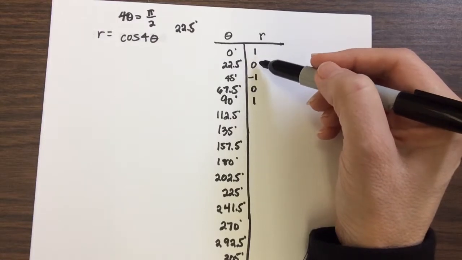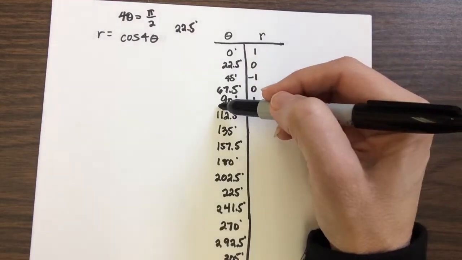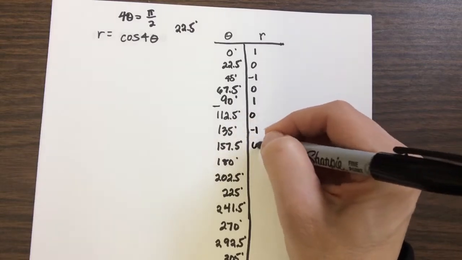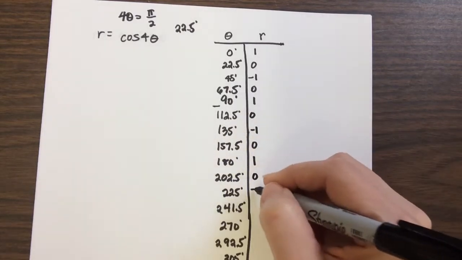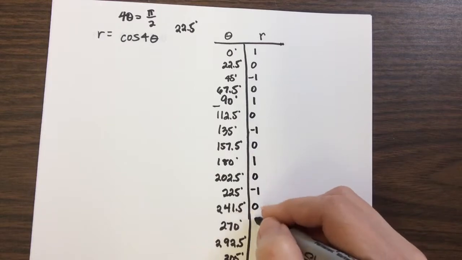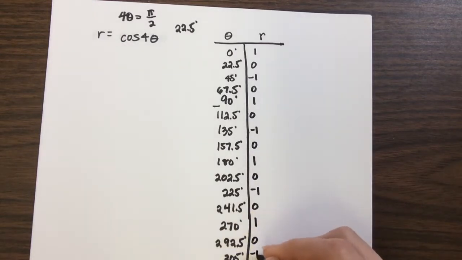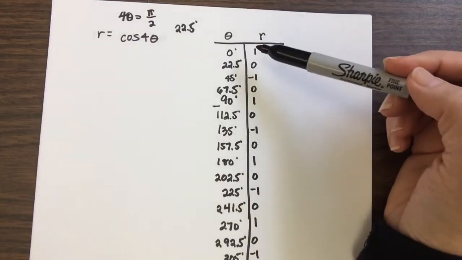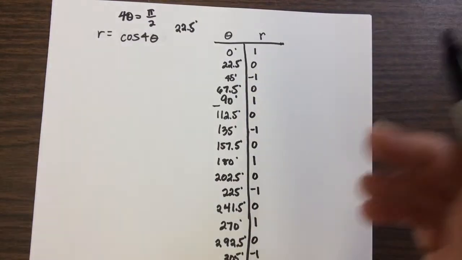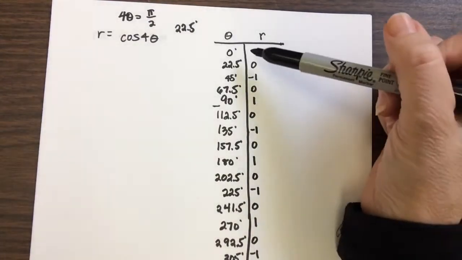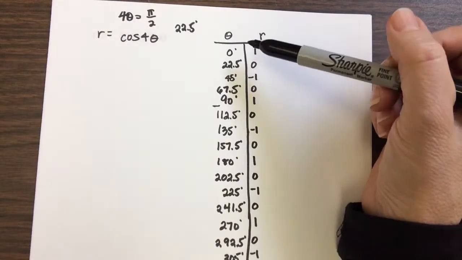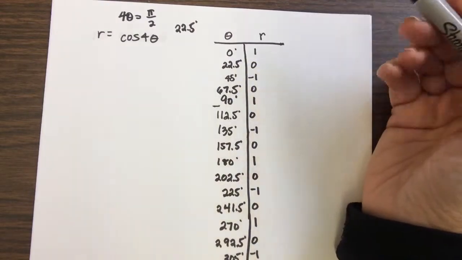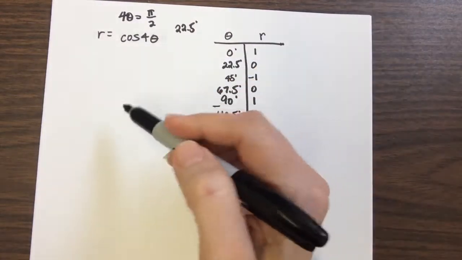We already know that this is going to repeat, right? This is repeating 4 times. So this is just 1, 0, negative 1, 0, back to 1, 0, back to 1, 0, negative 1, 0, and back to 1. Alright, so here is what I'm looking at. If I put this on a rectangular coordinate, I mean on a polar, I keep saying rectangular, I mean polar. When I put this on a polar graph, I'm taking this graph,